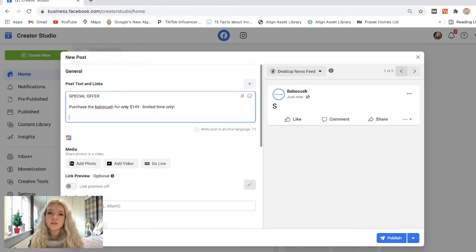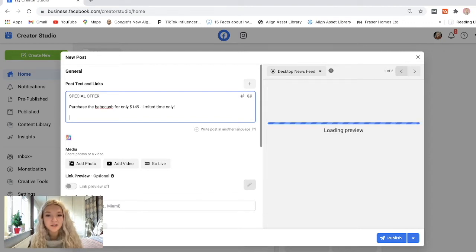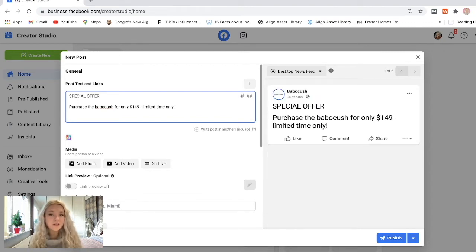It is important with Facebook and Instagram posts to use a call to action at the end of all your posts. What exactly do you want your customer to do? Is it to visit your Facebook page for more information, to visit your website, read a blog post, or even check out using the Facebook or Instagram shop option? So make sure that you include a call to action towards the end of your post. So I'm just going to go shop, visit